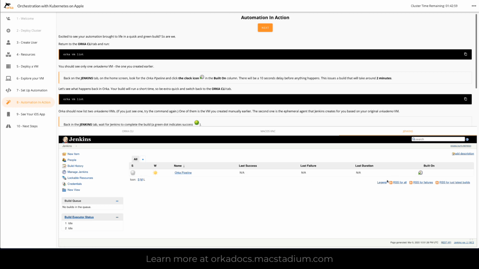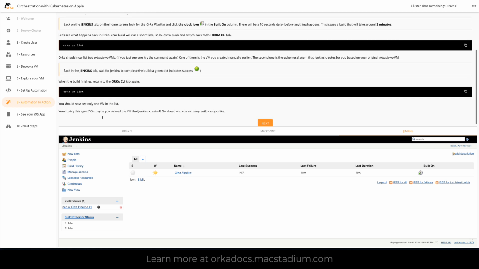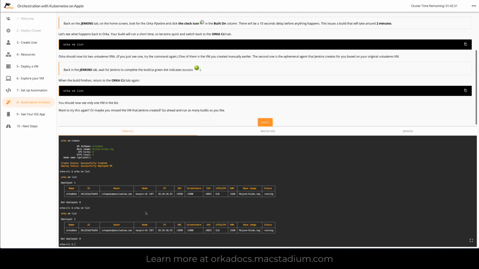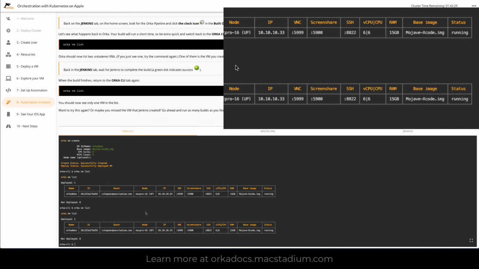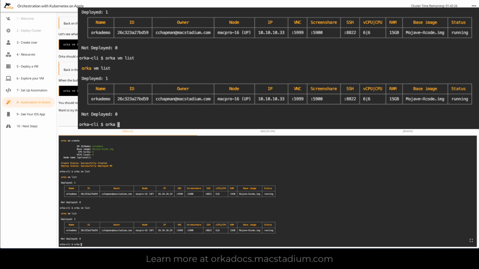So the first thing we're going to do is go back here and click build on. It's going to schedule a build. In just a second we should see a build in queue, and it takes about 10 seconds for that to pop up. And then, as we see over here, we've got a pipeline started running our iOS build. The status indicator starts to flash. At this point, we're going to go back and check on our Orka VM list to see what's happening. So head back to the command line,